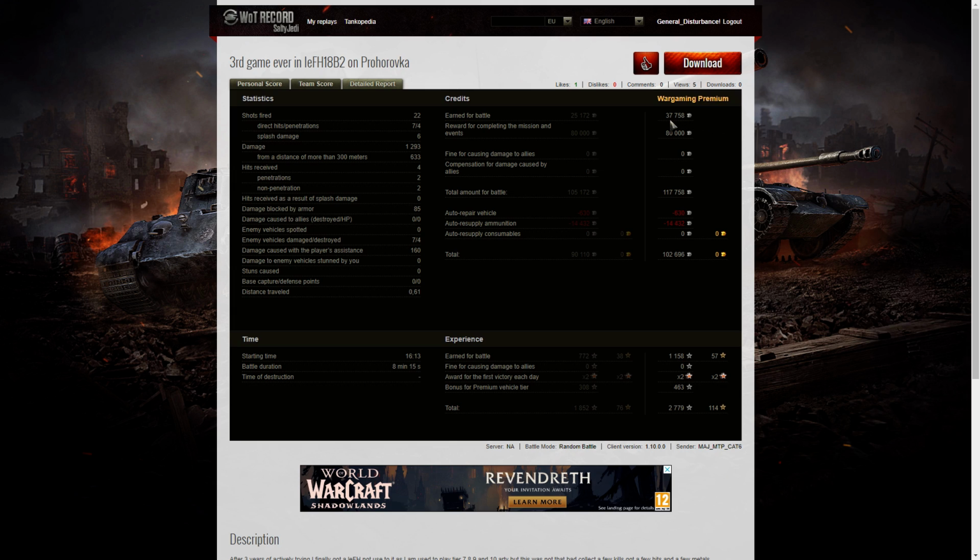On a premium count, he earned 37,758 credits. He got 80,000 credits for completing the mission and events, and that brought up a total of 117,758 credits. And after repair and ammunition resupply, and the ammo on this Arty is very cheap, unless of course you use the heat rounds,